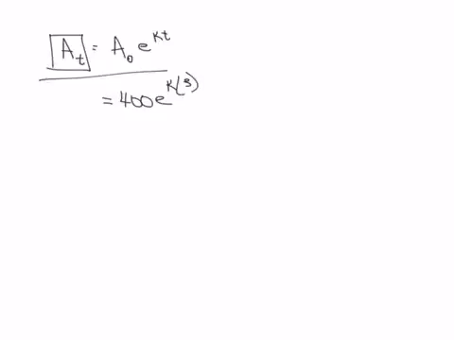3 days later, there were 2,000 bacteria, so my amount after that time was 2,000. How many bacteria would there be in 8 days? Alright, so what I'm going to do here, it's a two-step process. First of all, I have to find K using the information they give me initially. Okay, and after I find K, then I'll change this to 8 days and then be able to find out